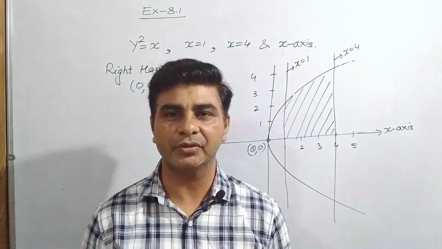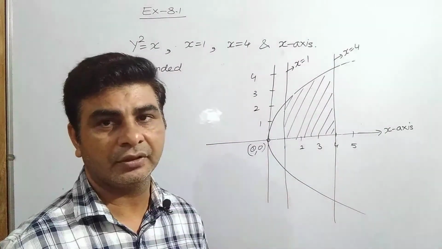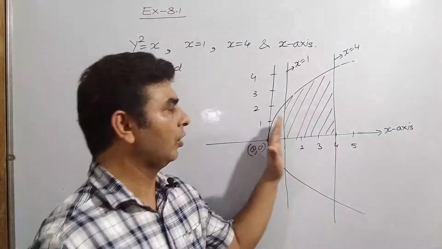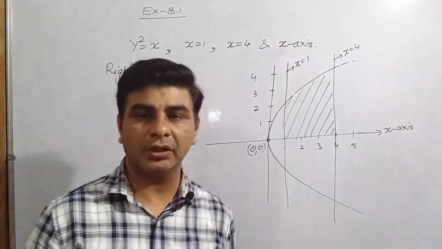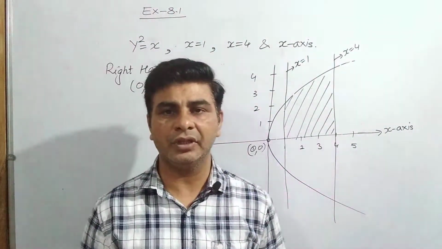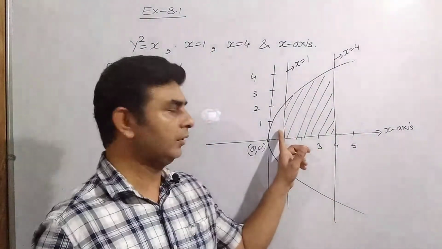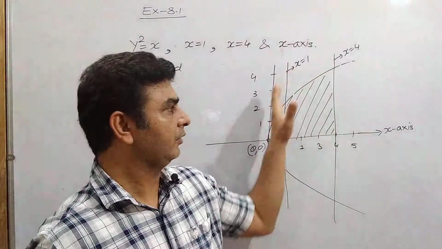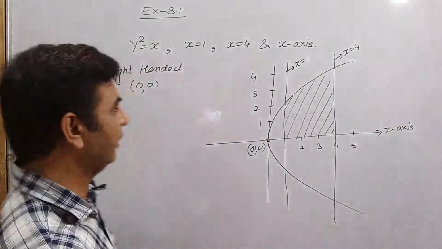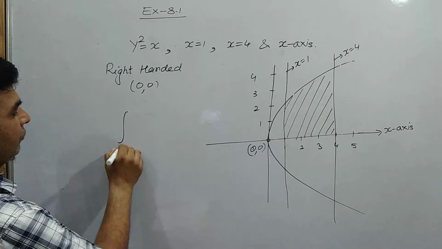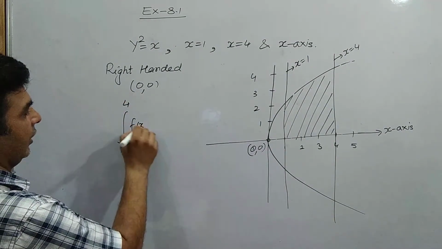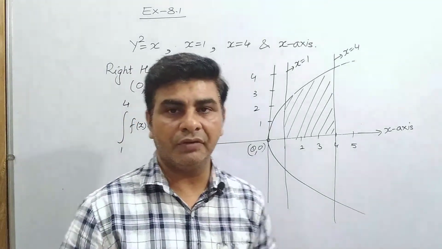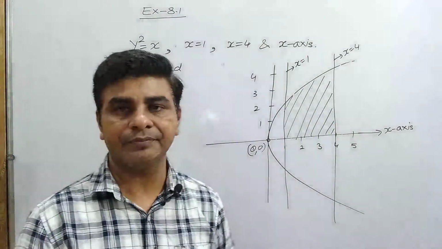और एरिया निकालने के लिए my dear students we have to now set up the limits. Limits जो रीजन बाउंड हुआ है बच्चों वो स्टार्ट हुआ है 1 से और एंड होता है 4 पर. So the limits which we have to take as lower and upper limit are 1 as lower limit, 4 as upper limit. So the area of this bounded region will be given by the definite integration going from 1 to 4 of f of x into dx, where f of x is the function which is given in the shape of a right-handed parabola.